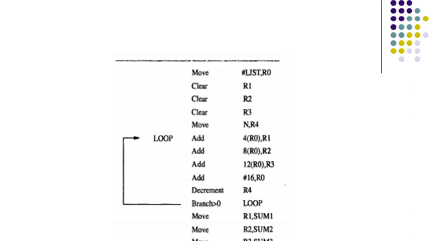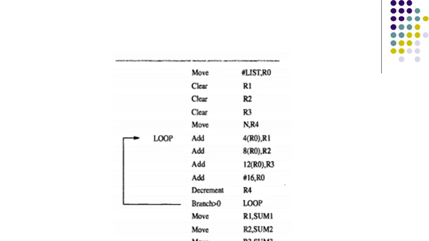Okay, this is how it works. It should be emphasized that the contents of the index register are not changed when it is used in the index addressing mode to access the scores. So this is how it is advantageous. The contents of R0 are changed only by the last add instruction in the loop, to move from one student record to the next student record.